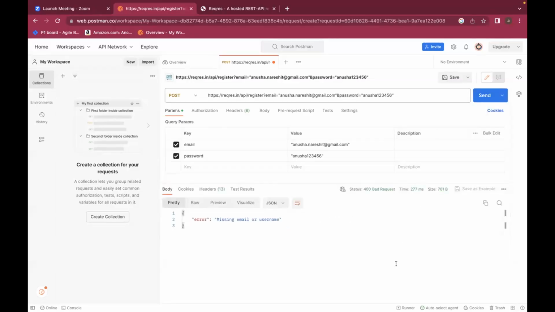Correct. See, what is it saying? 400 Bad Request. The status code is 400 Bad Request. Bad request means the request cannot be fulfilled due to bad syntax. So go back to your request.